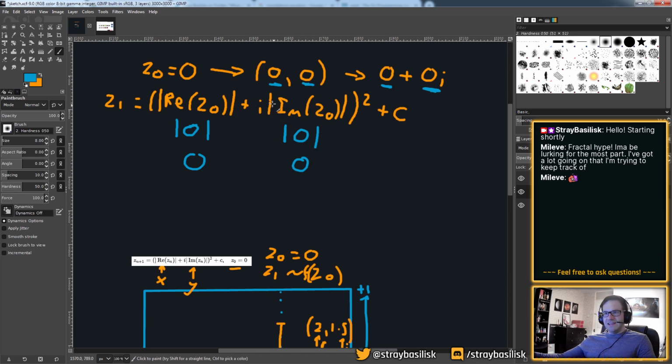size of 0, or 0. And then we have i here, which basically means, hey, don't forget this is actually 0i, or this number we've got here is 0, 0. We're back to the same coordinate since we started at 0. And then we square this thing, which I'll explain how that works in a minute, and then we add some constant. And that constant is, I believe,